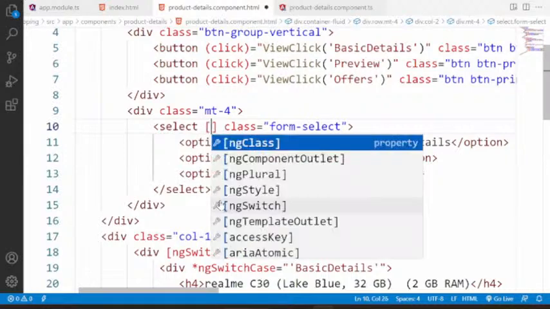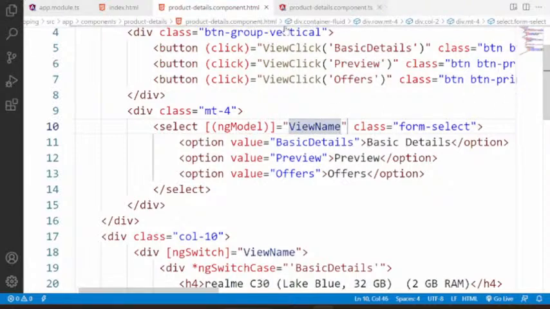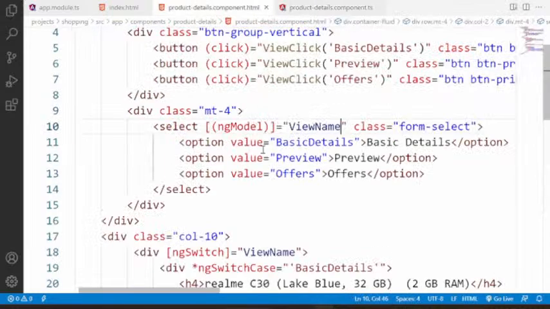I'm using the data binding technique. What is it? ngModel. It should use the viewName. Understood? Already viewName is a property which has basic details. We are attaching that viewName. That means whenever you select any value, that value will be stored